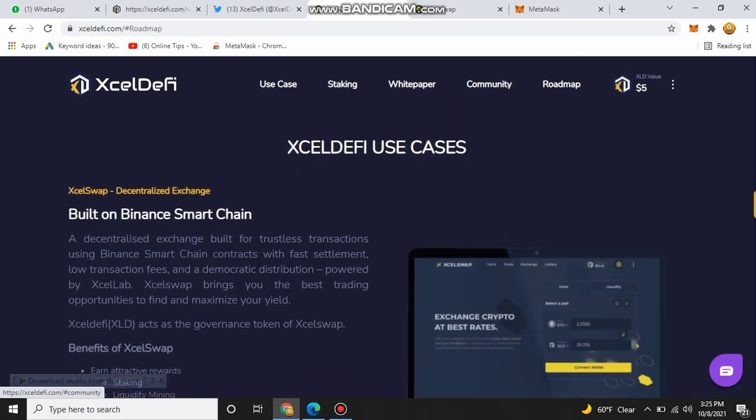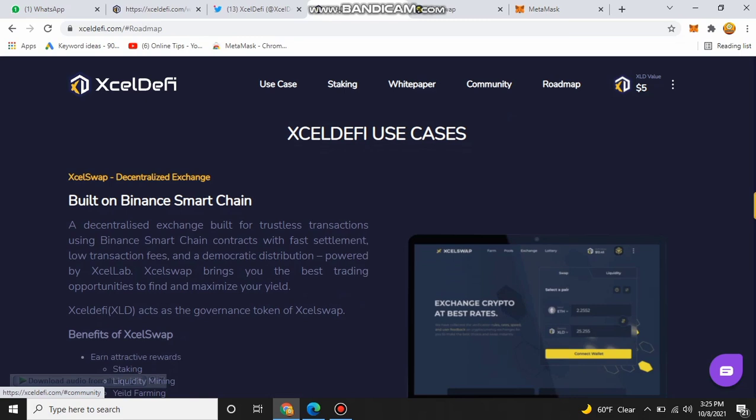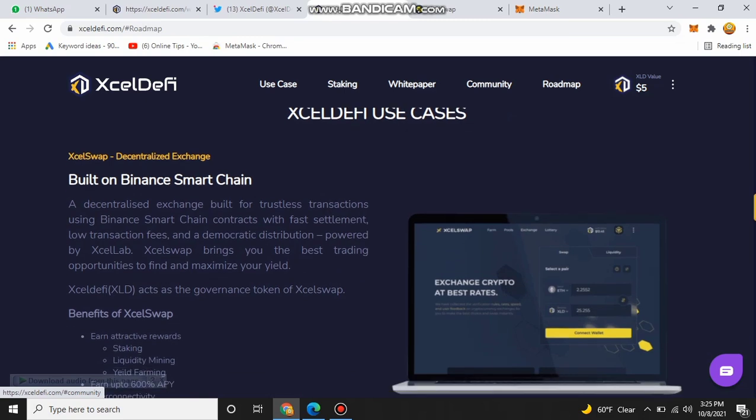After this you can see the use cases of Excel DeFi, built on Binance Smart Chain. It is a decentralized exchange built for trust-led transactions using Binance Smart Chain contracts with fast settlement, low transaction fees, and democratic distribution, powered by Excel Lab. Excel Swap brings you the best trading opportunities to find and maximize your yield, and Excel DeFi acts as the governance token of Excel Swap.